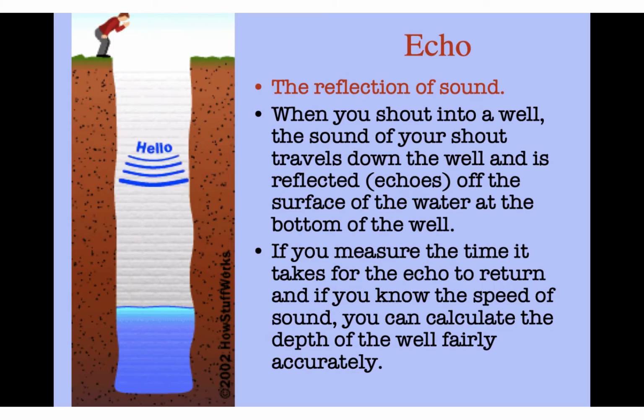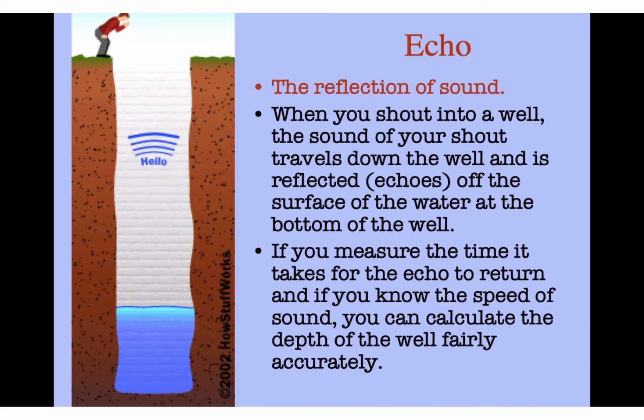Oh, one of our common things that we know with reflection is the echo. And so you can use an echo to tell how far things are by counting how long the echo takes to get back. Here's our little guy yelling down, hello, hello, and it comes back up the well. And so you could measure distance with that. And what we'll talk about is how some animals use echo, what we call echolocation, to find stuff. And also it's what we use when we talk about sonar and radar. Now, sonar's with sound, radar's with electromagnetic energy.